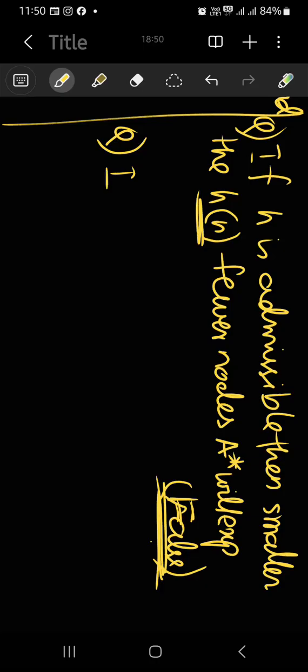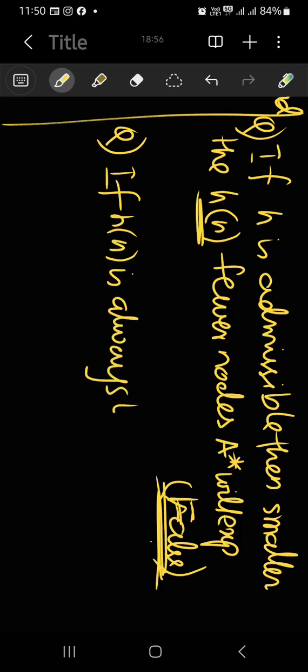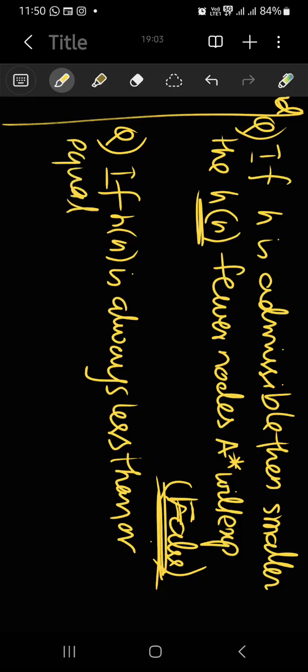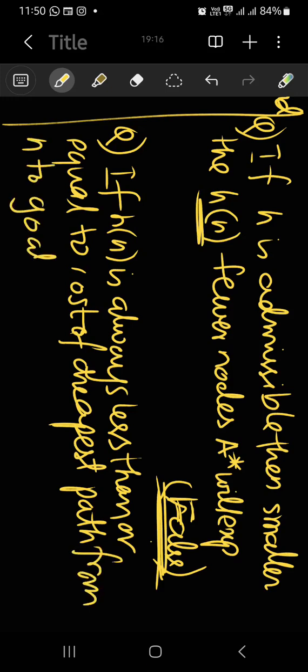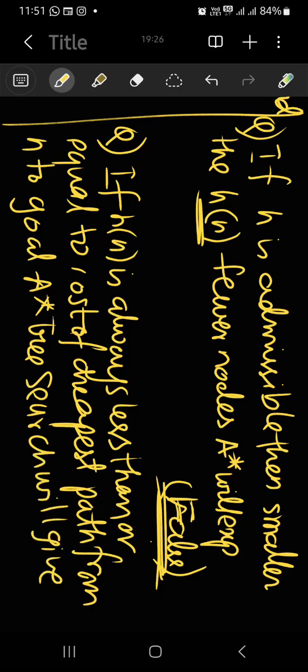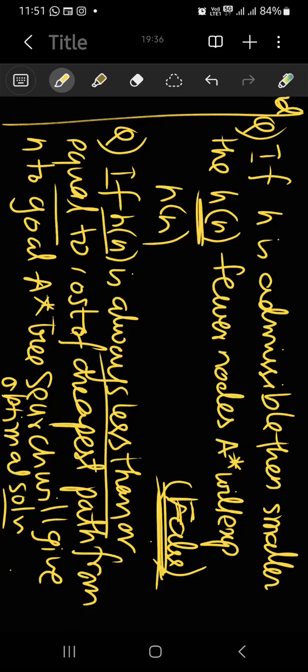If h(n) is always less than or equal to the cost of cheapest path from n to goal, A star tree search will give optimal solution. এটা ট্রু না ফলস দেখতে হবে। কি বলছে, h(n) ইজ অলওয়েজ লেস দেন অর ইকুয়াল টু, ঠিক আছে,